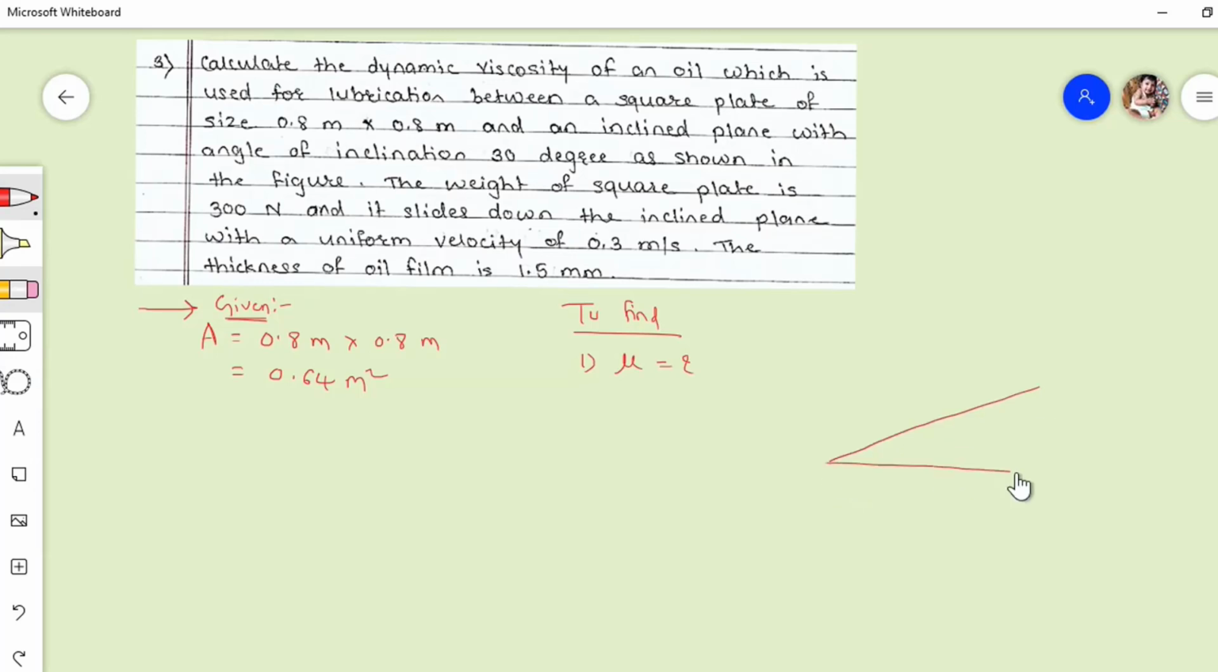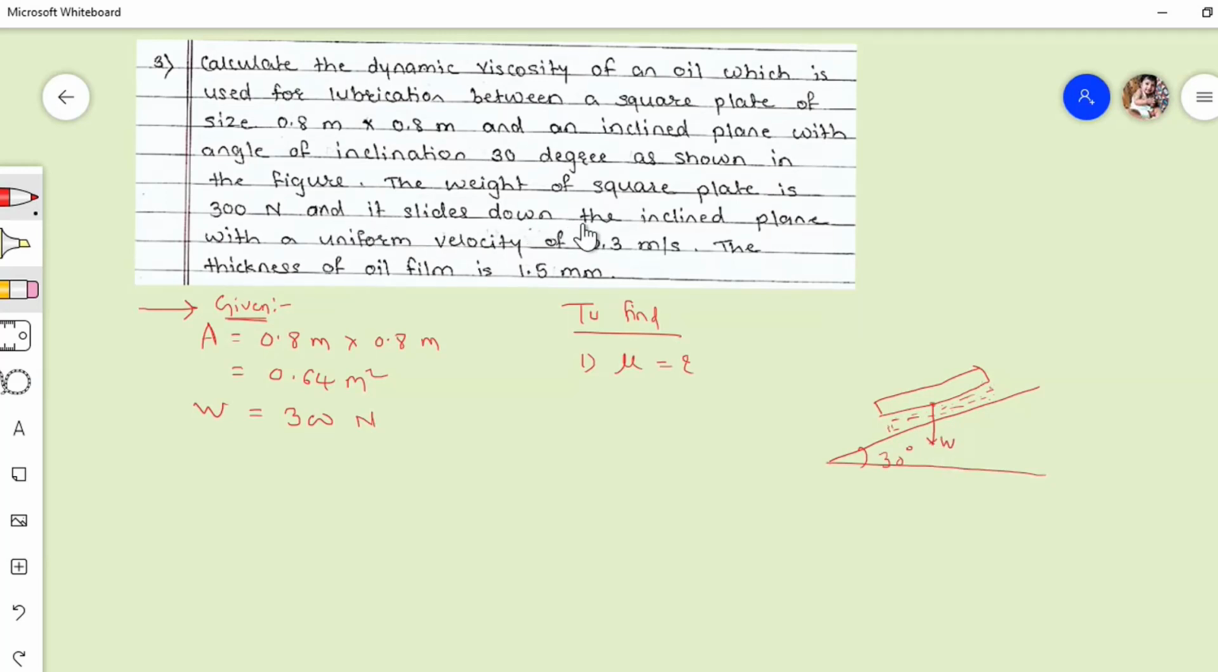If I draw the diagram, then it is something like this. So this is, let's say, the inclination of 30 degree, and here we have a square plate. This is the square, and here between the square plate and this inclined surface we have a lubrication. I have already drawn this figure. The weight of the square plate is 300 Newton. So weight of the plate W is given, which is 300 Newton. So here the force is given, but that force is inclined force. So if I draw the force over here, so this is the weight W, it is acting like this,